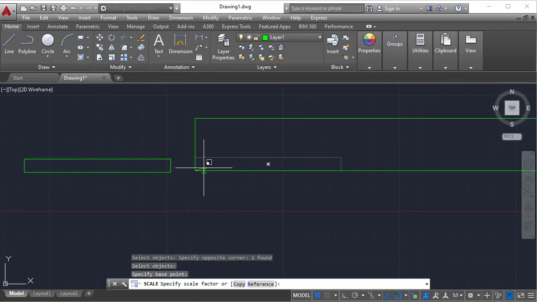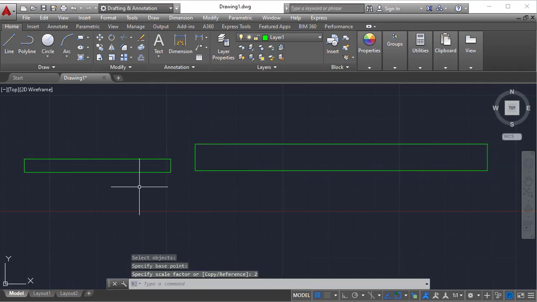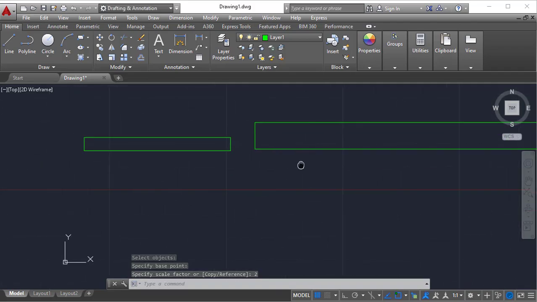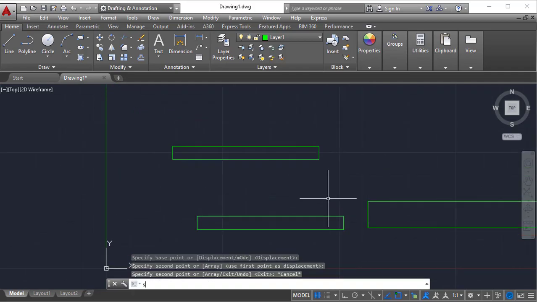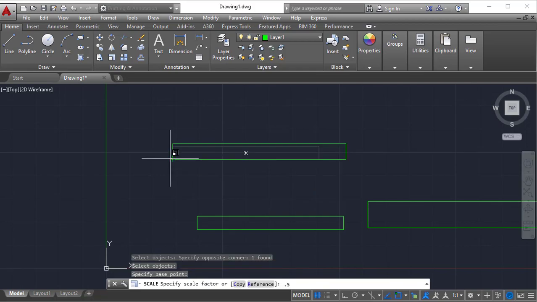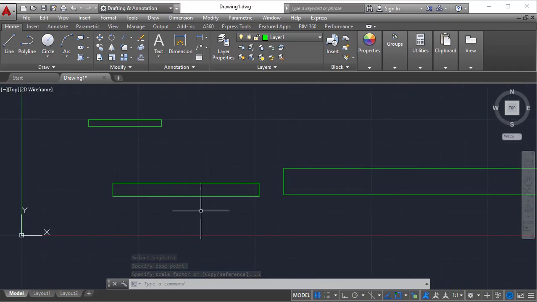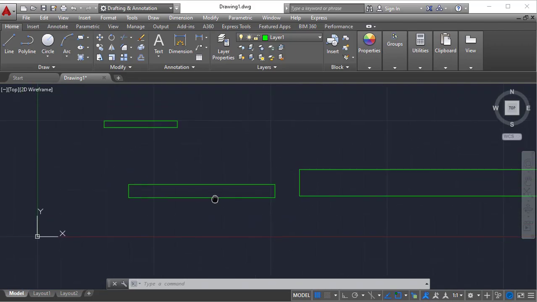Now if I move the cursor, the size is increasing, right? I don't know what ratio it is increasing by. Specify scale factor. You need to specify the ratio. If I specify 1, nothing happens. If I specify 2, the size will automatically be doubled. I'm clicking here. Yes. See, enter, select this, enter, 0.5, which means less than 1. It is half. So you can increase or decrease the size of the object right away, right? If you specify a value above 1, it means increasing; below 1, it means decreasing.